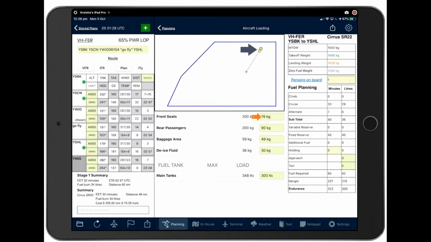There's our takeoff and landing weights and our zero fuel weight there. And here are our fuel calculations. You can see we've added the alternate. The delay has been added to the cruise time. And we can add our holding, our approach. And as I told you in a previous webinar, I've got a default taxi set up here. And you can add that default taxi over here